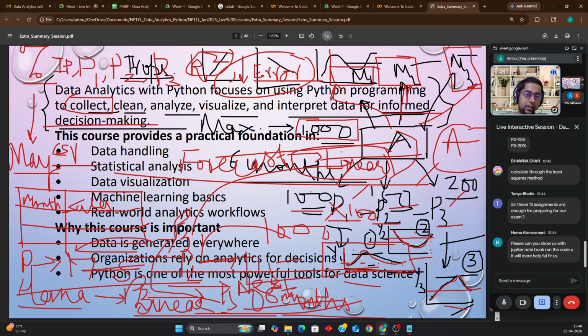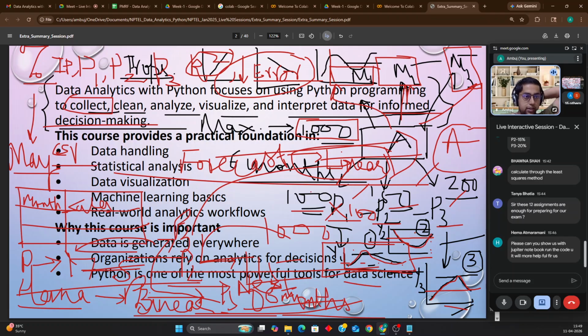So this entire thing was the sum of the entire course, the data analytics requirement. With this particular example, I have summarized the entire course in brief. If you understood all the aspects of this example, then you have carried out your job well. It means you have understood the course Data Analytics in Python, and you shall be very well satisfied with the performance of all the models. That is it.